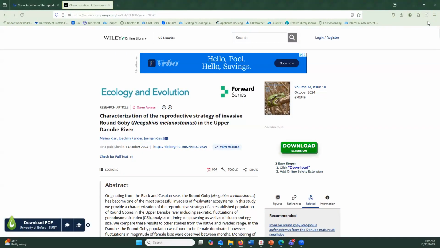And I'm going to do that using my little browser connector up here in the upper right-hand corner of my screen. Right now, it looks like a little white file or a little white piece of paper. And this is what it looks like when you're on a normal journal article. This image will change depending on what you're looking at. So if you are on a YouTube video, for example, it will look like a little camera. If you are on a conference paper, it's that same little white paper with two people in front of it. So that image will change depending on what Zotero thinks you're looking at. But at this point, I'm going to go ahead and click this button.